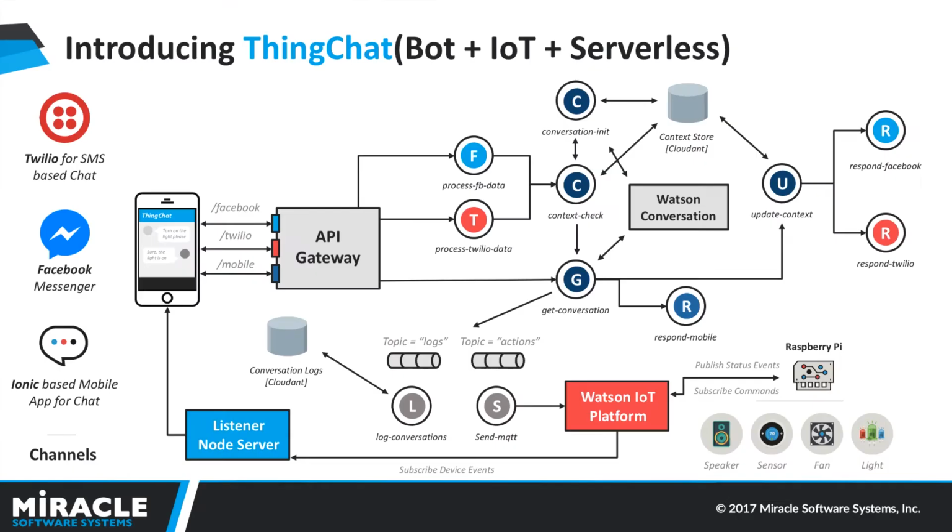and Google Home. So if you've already seen a couple of our videos, we created a chatbot that is able to control IoT devices called ThingChat a couple of weeks ago. Basically, it uses principles of cloud-native stateless microservices on top of a serverless backend, which allows one single backend to scale up and support multiple channels for the chatbot. And it also uses worker models to be able to delegate stuff like logging the conversations and sending MQTT-based messages